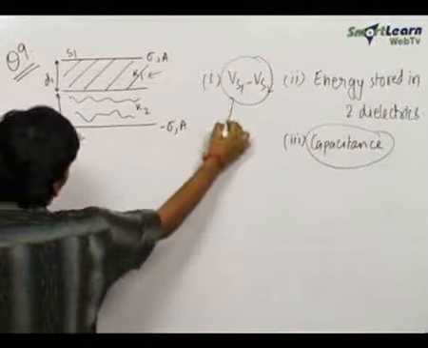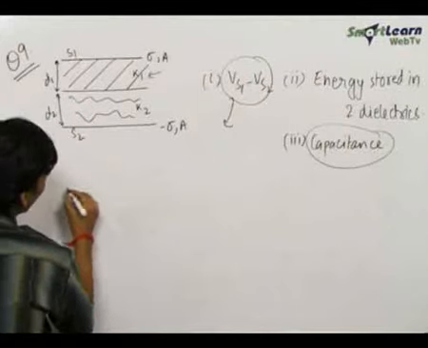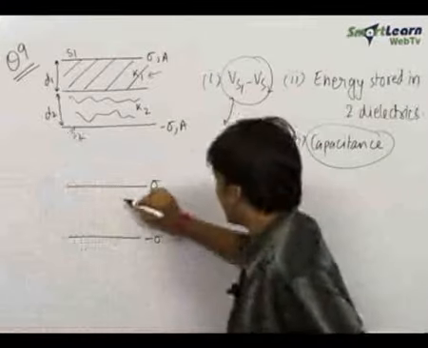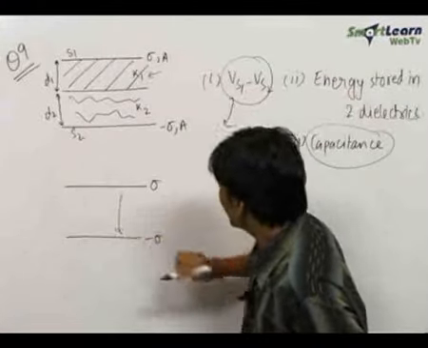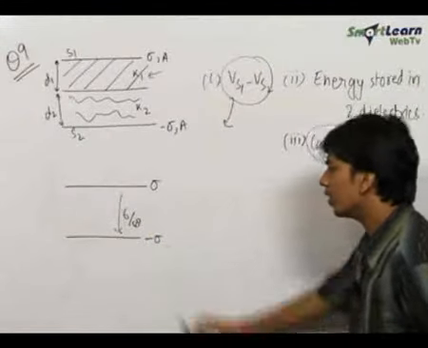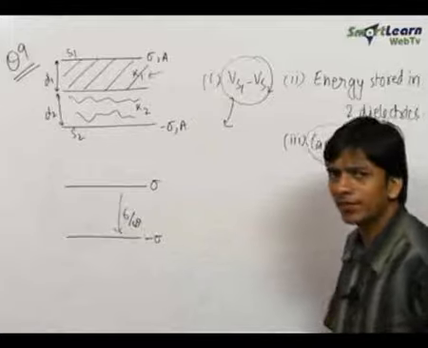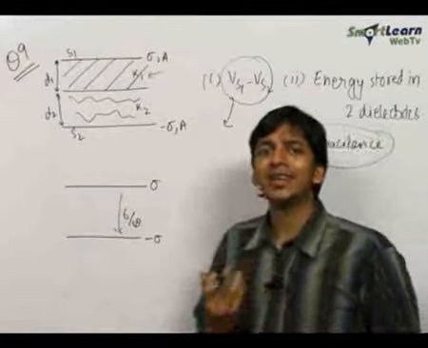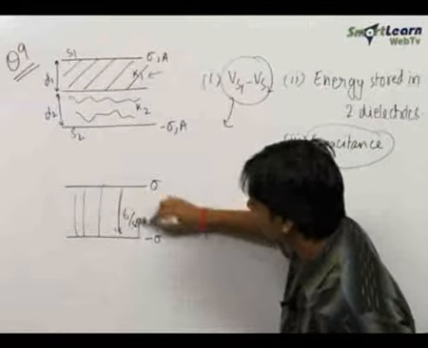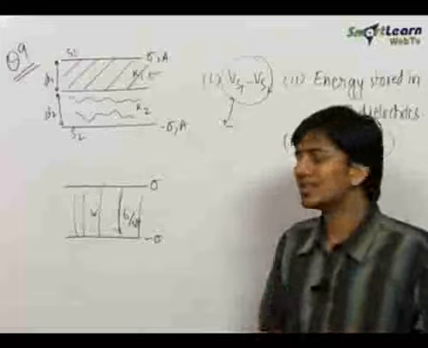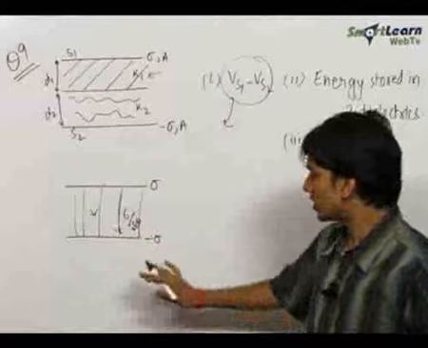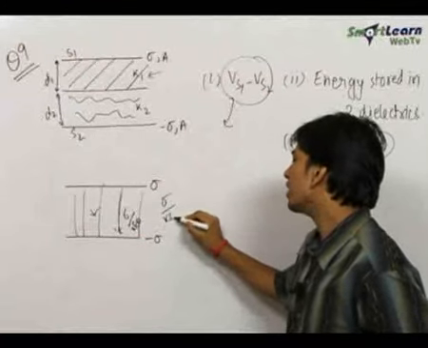Now let us solve the first part. By the concept of dielectrics, just remember the most simple definition or method. The electric field, if there was no dielectric, was equal to sigma upon epsilon 0, and the direction of electric field is from positive charge to negative charge. Now what happens when a dielectric is introduced? When a dielectric of dielectric constant, suppose K, is introduced throughout this area, then the electric field will be reduced by a factor of K. So simply the electric field will become sigma upon K epsilon 0.